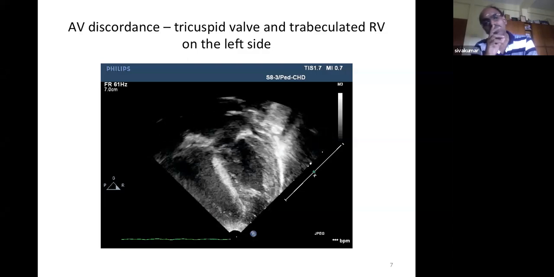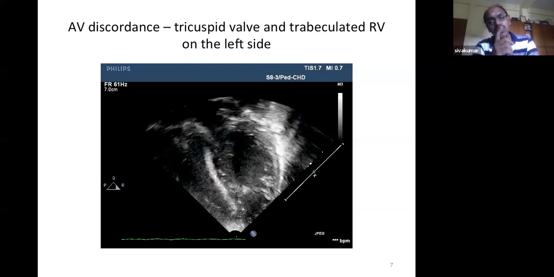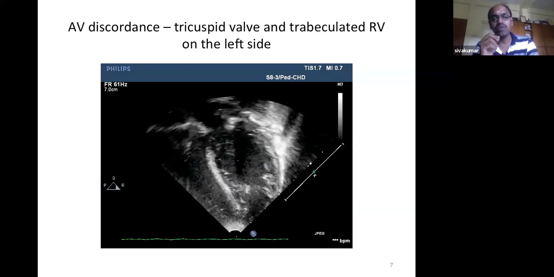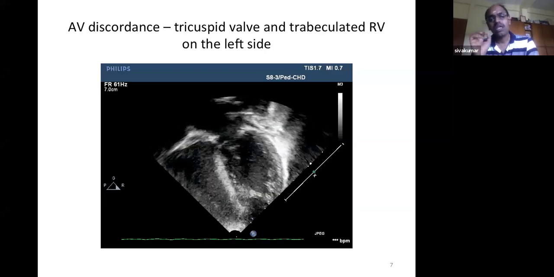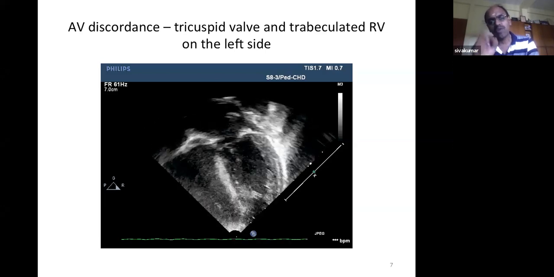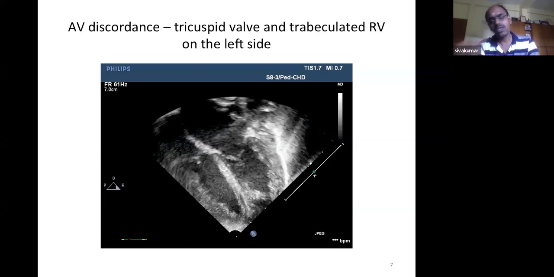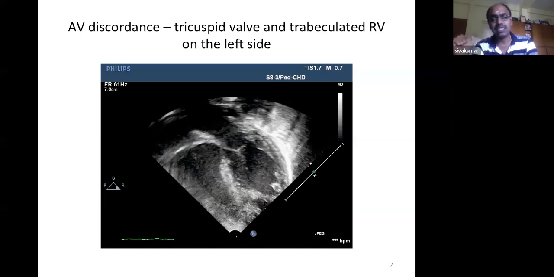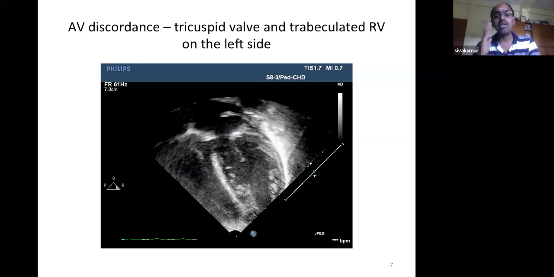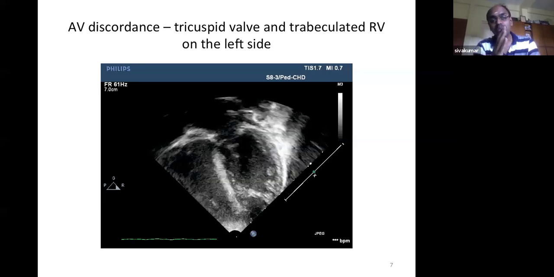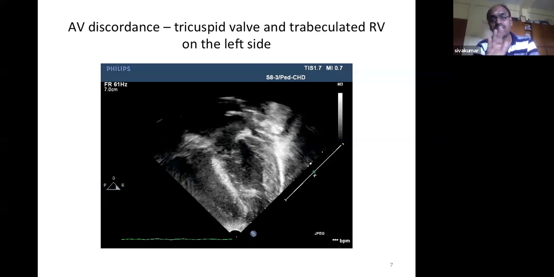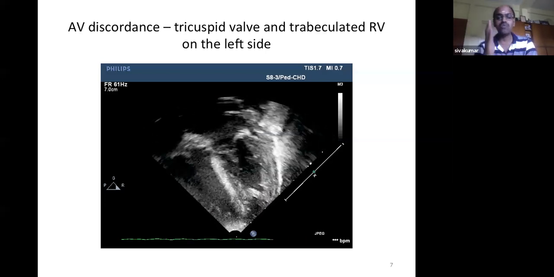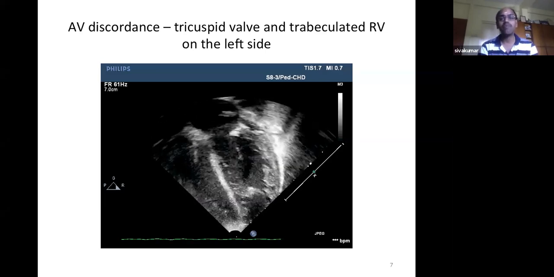So it is quite difficult to image corrective transposition in the conventional echocardiographic views very easily. One of the most helpful views will be from subcostal. All the other views, the parasternal views, will be extremely challenging because the intraventricular septum being sagittal, if you sweep the parasternal long axis view to the left side, you will be on the right ventricle. And if you sweep it to the right side, you will be on the left ventricle. And it is very difficult to focus on the septum.